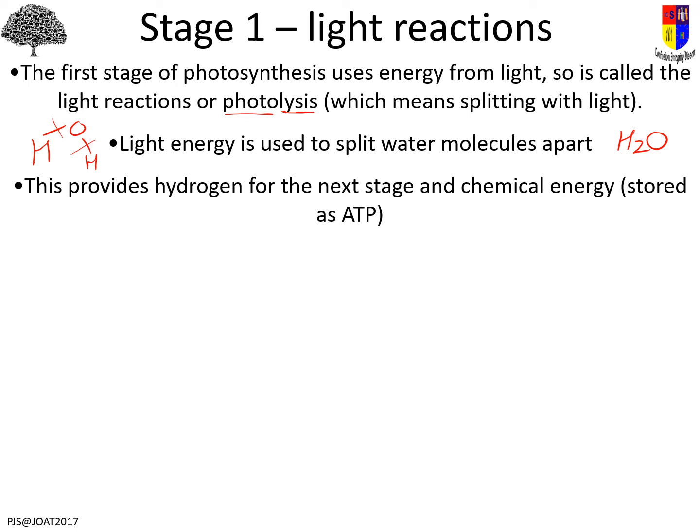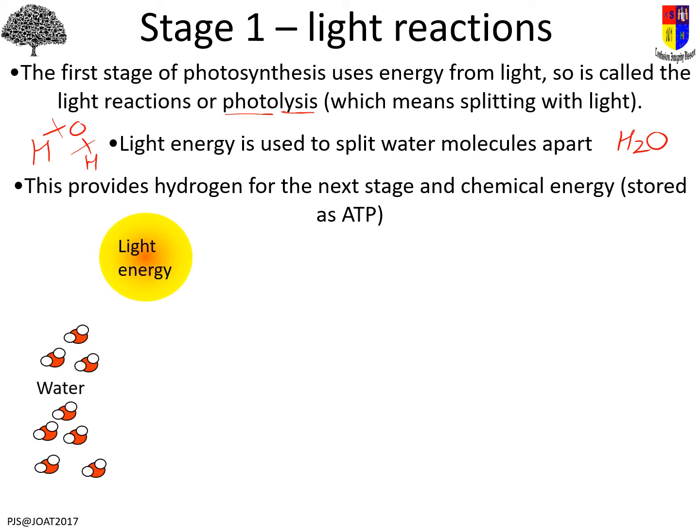Now the light energy is no good to us, but they can change the light energy into chemical energy, and you should know the form of that. That's ATP. Okay, so we're going to take water, we're going to take light energy, we're going to catch it with chlorophyll. Okay, chlorophyll, officially the term is it becomes excited. Okay, chlorophyll then batters water, smashes it apart,